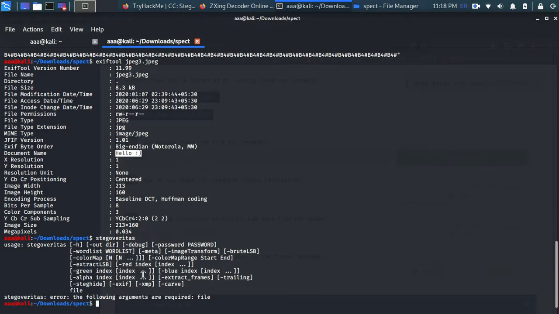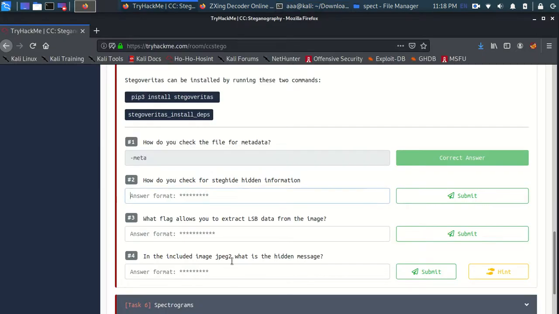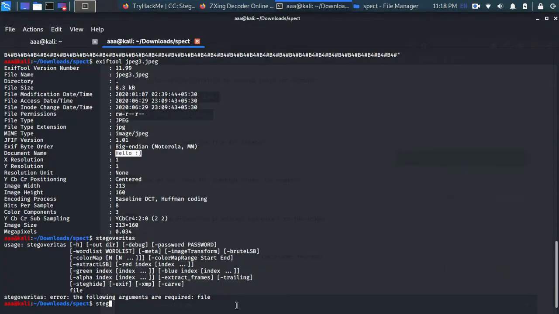Okay, let's first do this part. In the included image jpg2, what is the hidden message? So this StegHide, let's not Stegovitas, sorry, and let's run this command.